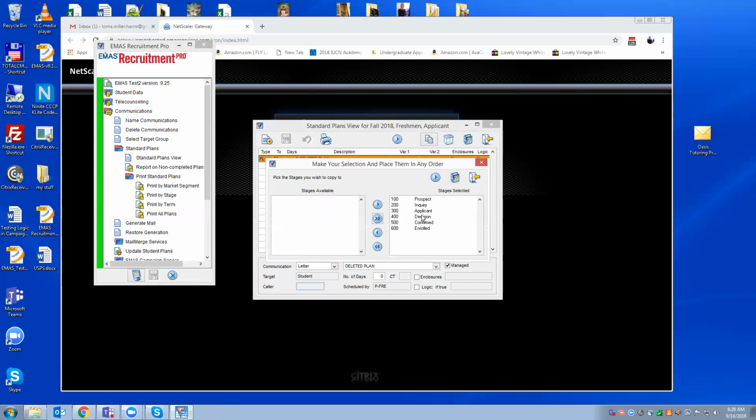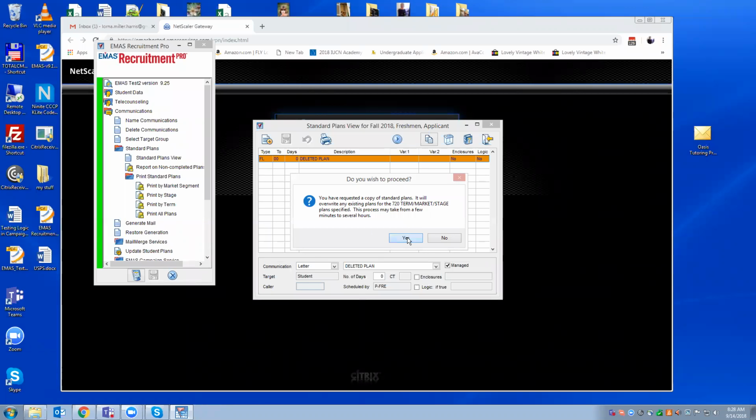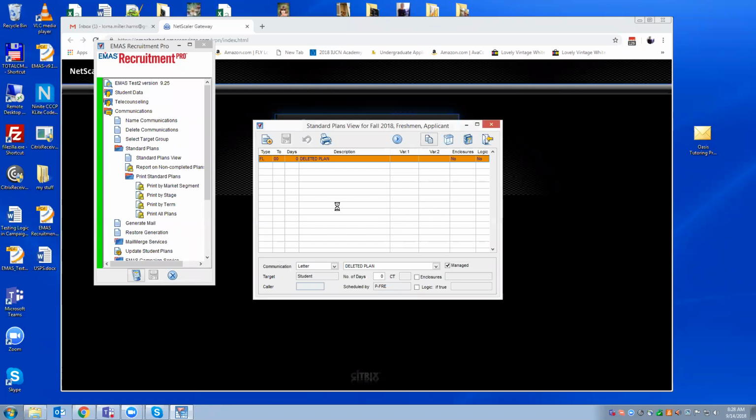Okay, so I chose all the entry terms I know are no longer active, and then I chose all my market segments and all my stages. If I click the run button, that means it's going to replace all of those inactive plans with the deleted plan item.